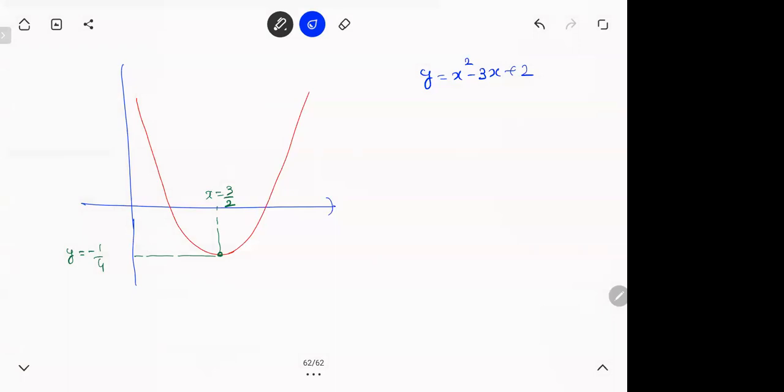That is a value, right? In the graph, that is a value. So x is equal to 3 by 2 is where the minimum occurs, meaning the minimum value is occurring at x is equal to 3 by 2, and the minimum value is minus 1 by 4. Are you clear? That's what the function is trying to tell you. This is how the graph looks like for this. This is a parabola, a parabola which is little shifted. If someone is doing a max course now, they would have taught you this thing. I think there's a name for this thing.